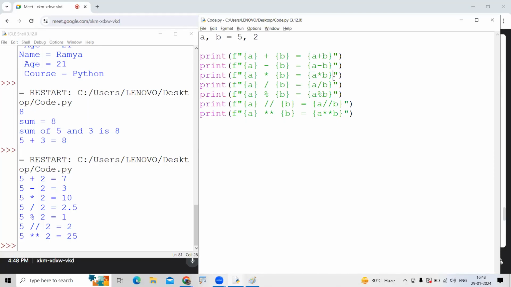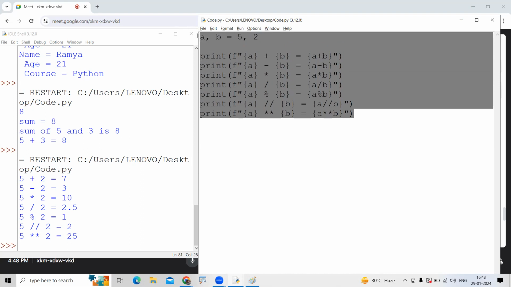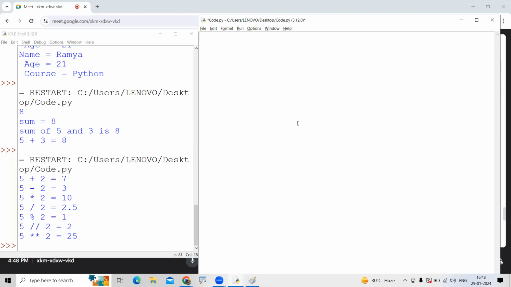So, the number of arithmetic operations. The number of examples we'll see on arithmetic operations, I'll explain one by one. These programs you practice after completion of the class. Let me explain one by one, easily. First one,